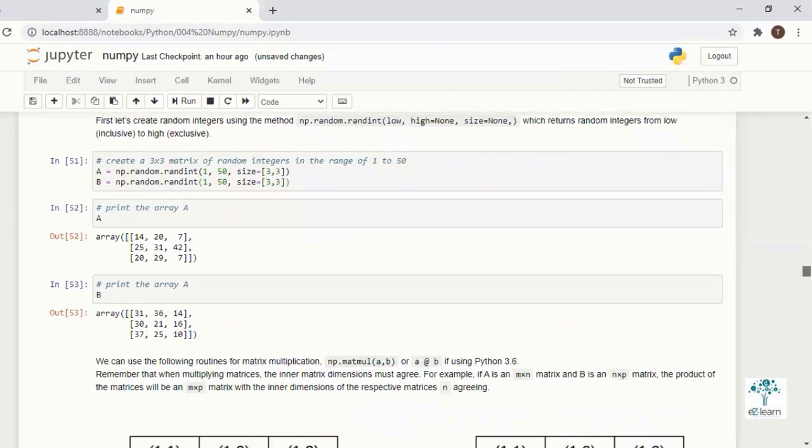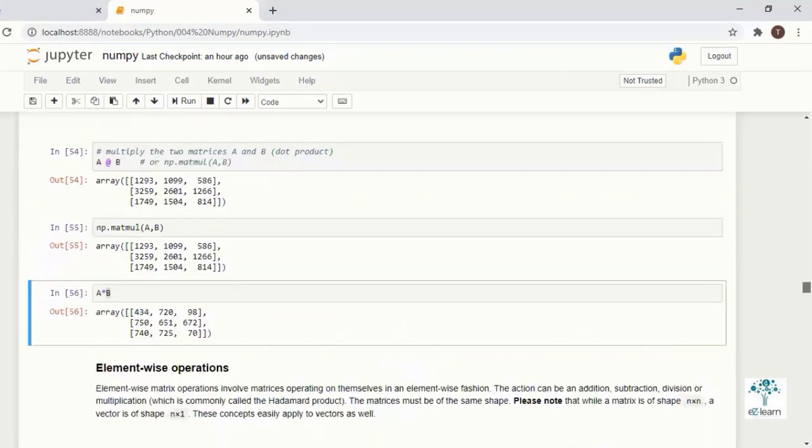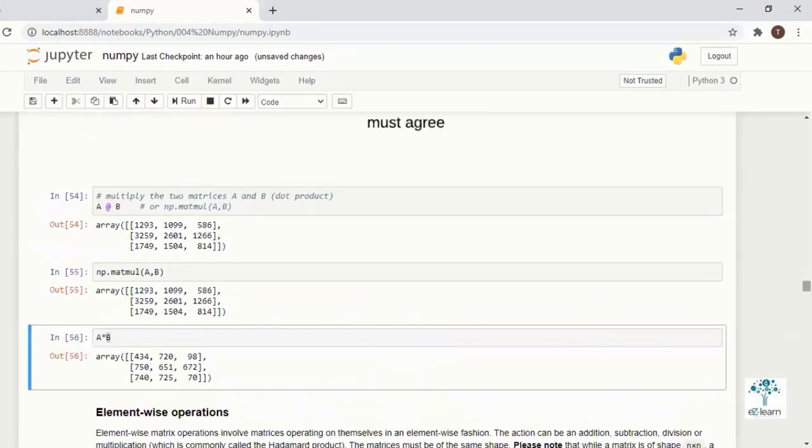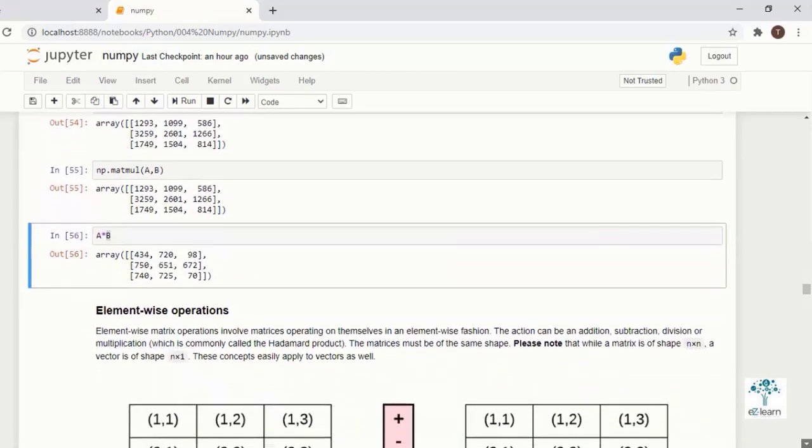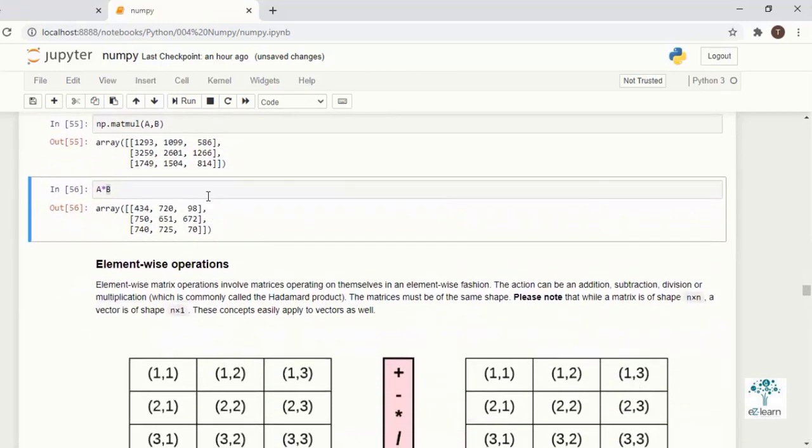But matrix multiplication with the dot product is entirely different. The row items multiply with the first column, and you sum up all the things. That is matrix multiplication. But here the normal star is element wise.